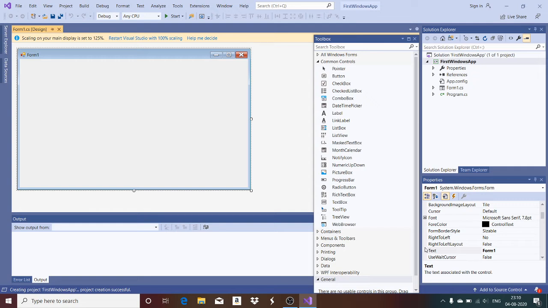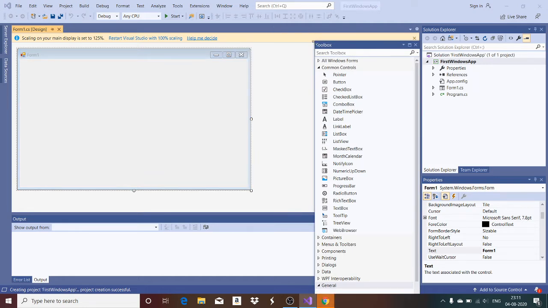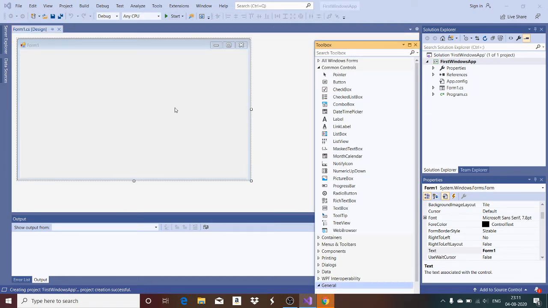Now, one very important thing that we have to understand here: for your C# programming, when you use C#, the Windows forms are available in the namespace called system.windows.forms. This is where we have all the form classes that are available. So once you open the Visual Studio, you can see a window form is created.